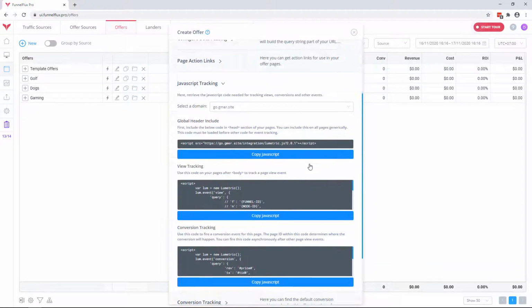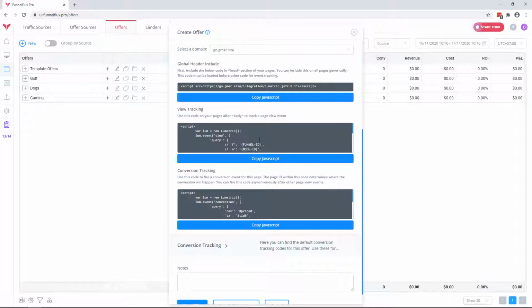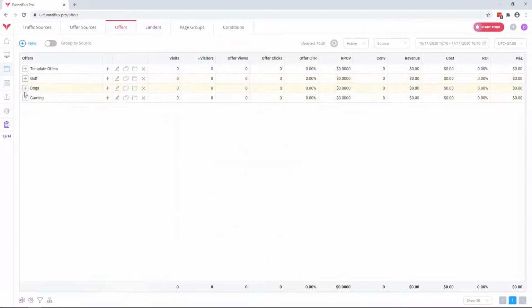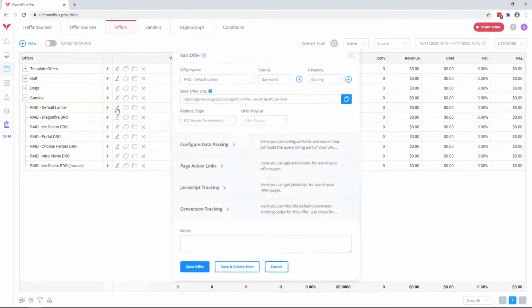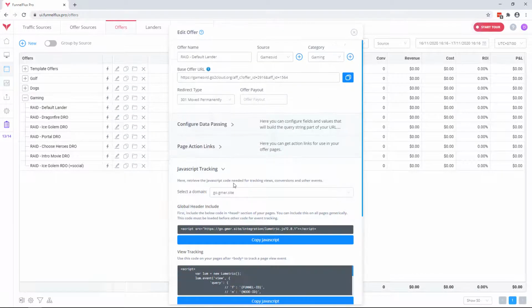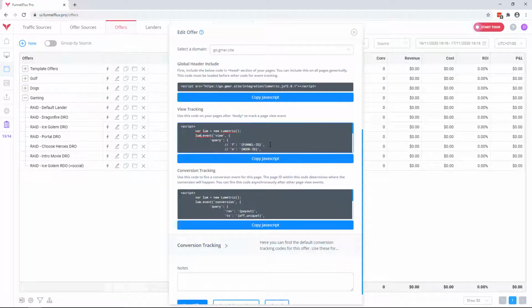For JavaScript tracking, here, this is specific to the page. So importantly, under view tracking and conversion tracking, you will find a page ID here, this p-value, which is unique to this page. There's no value at the moment because I haven't saved this page, so it doesn't actually have a value. So let me just open one up here. So if I go to JavaScript tracking here, and I look at this view tracking, you can see here P